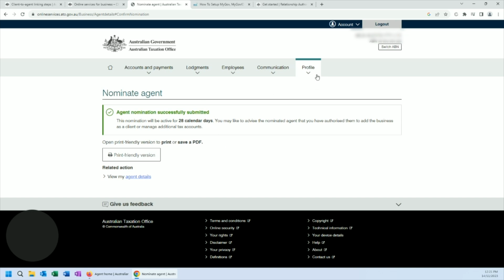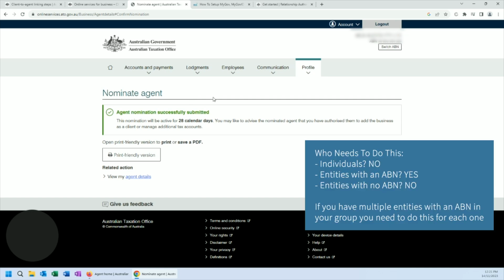Once you've got access to online services, as you can see, really, really easy to do. It's just for a lot of businesses, they don't have access to online services or don't actively use it, and it will be a little bit different, a little bit new for them. If you are an individual, including sole traders, then you don't need to go through this at this point in time. I dare say the ATO will introduce it soon. But at this point in time,